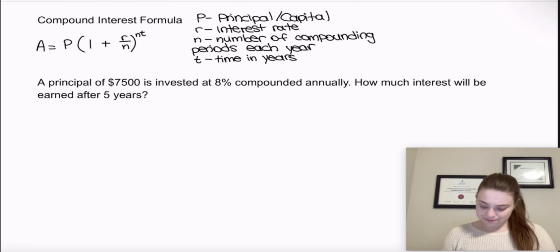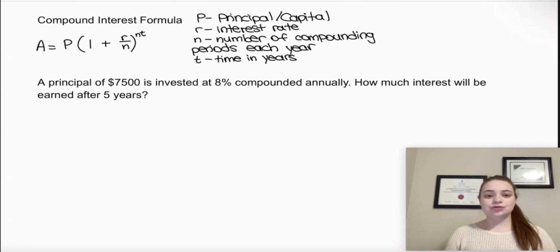So let's begin. The first example says a principal of $7,500 is invested at 8% compounded annually. How much interest will be earned after 5 years? So for this one, what we actually have to do is figure out the total amount that will be accrued after 5 years, and then we can subtract the original principal of $7,500 that we put in, and that is going to leave us with the amount of interest that was earned over that 5 years,